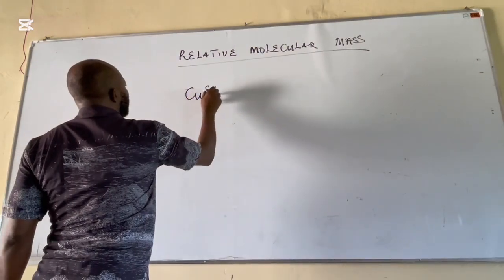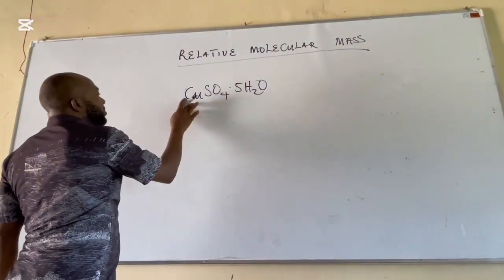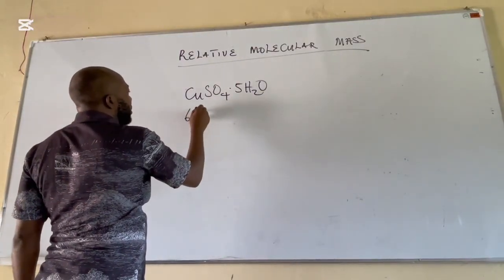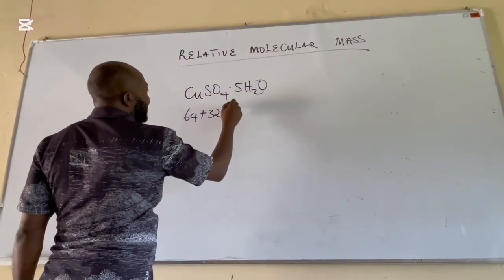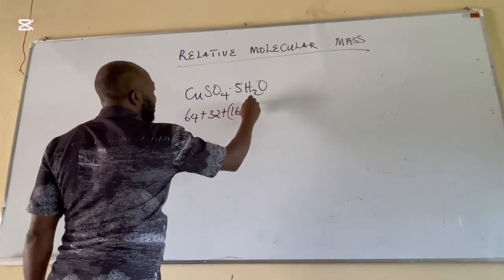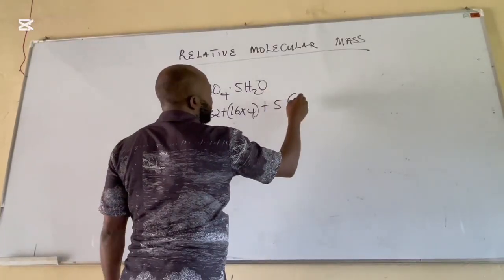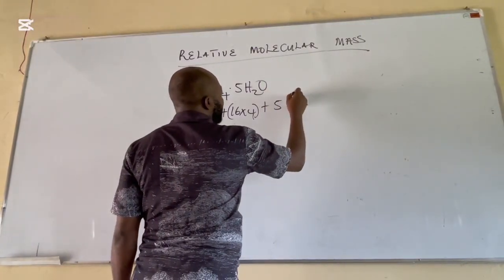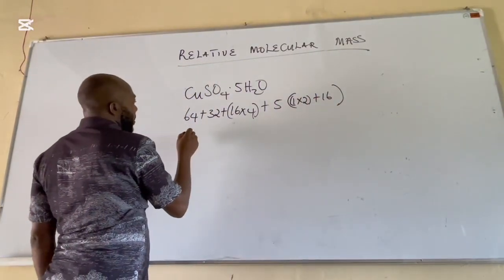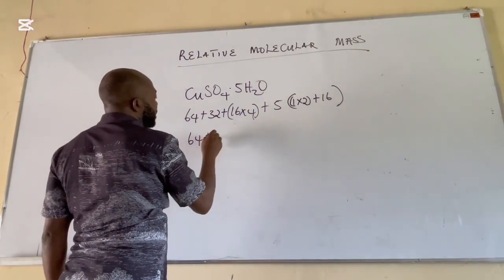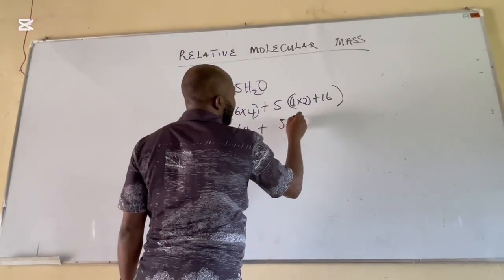Now, the atomic mass of copper is 64, plus that of sulfur is 32, plus oxygen is 16 times 4, plus 5 H2O, hydrogen is 1 times 2 plus 16. Now,